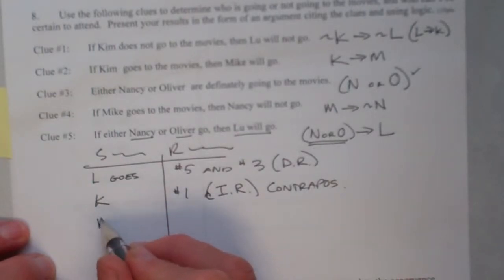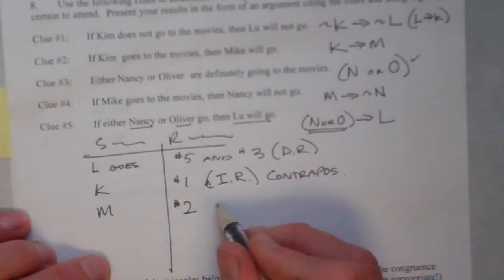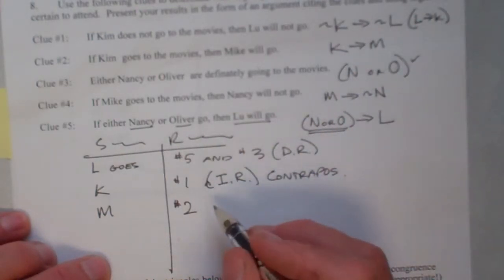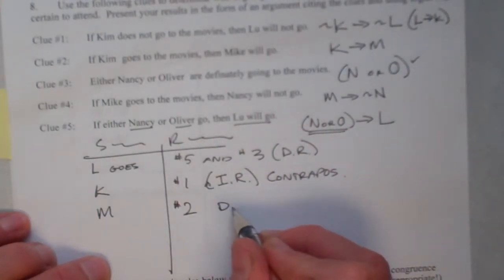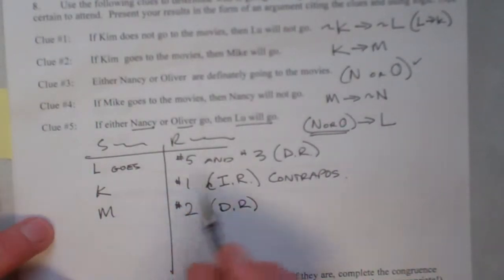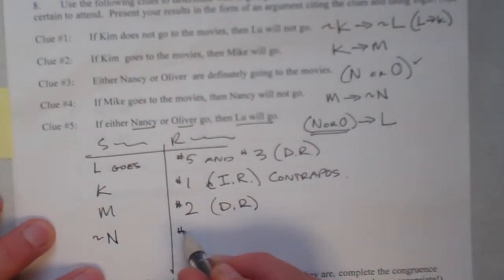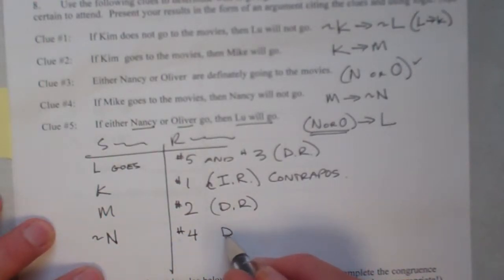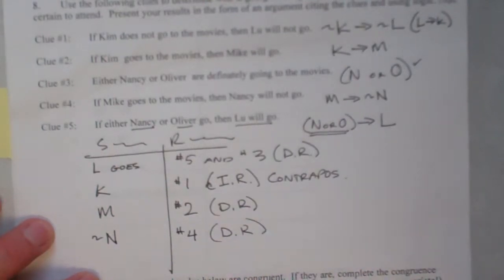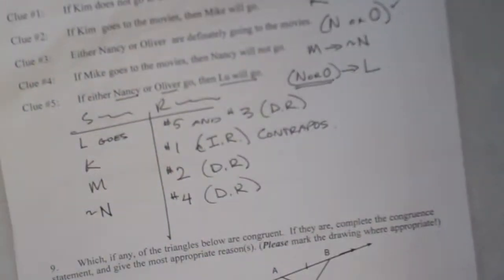All right. Well, then Mike is going because in clue number 2 it says that if Kim goes, then Mike will go, and that's direct reasoning from clue number 2. If Mike goes, then Nancy will not go. So we know that Nancy's not going, and that's clue number 4, and that's also direct reasoning. All right? So there you go. You know who's going and who isn't, and that's written as a little proof. Okay,